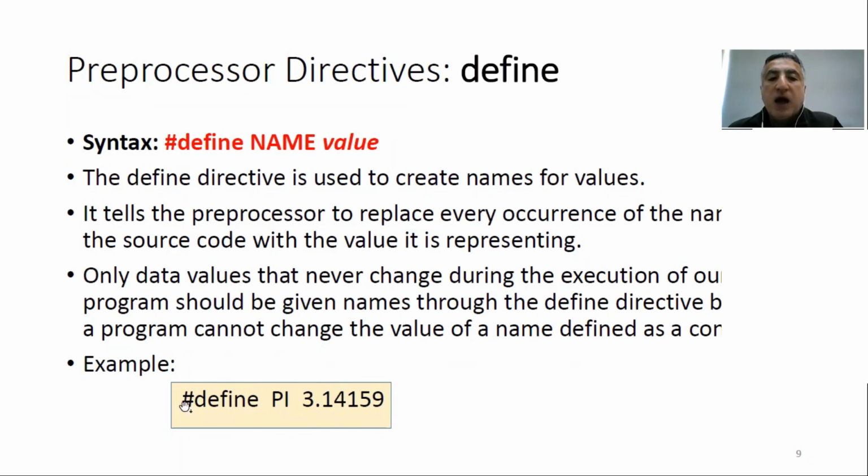It means that I am directing to the compiler saying that I am going to define a constant name pi, and its value will be 3 point blah blah blah. So in the code, I will use the pi in my calculations, for example, but at the preprocessing time, compile time, the compiler will automatically convert each pi with 3.14159. Okay,